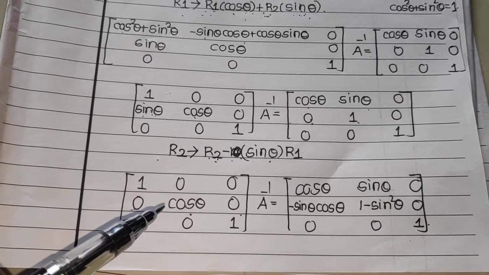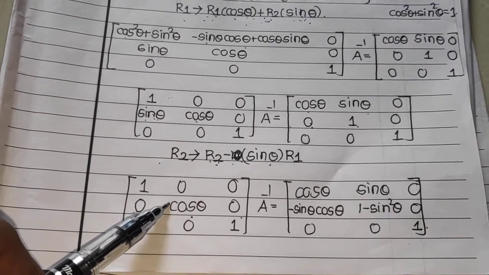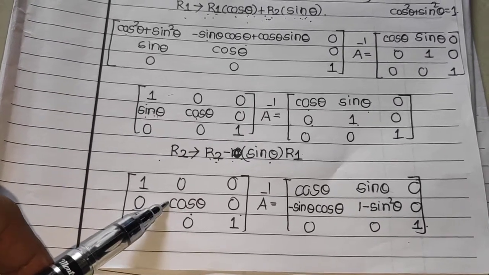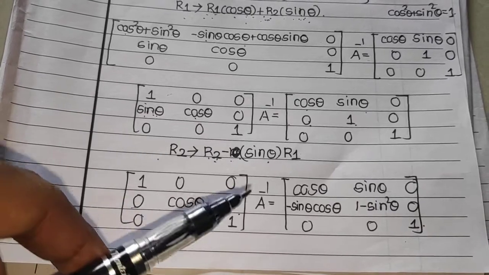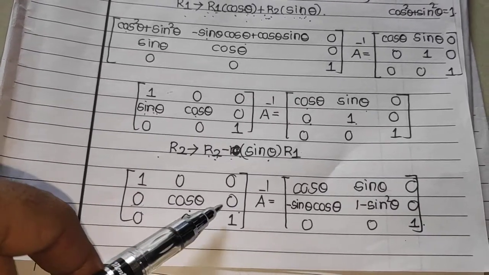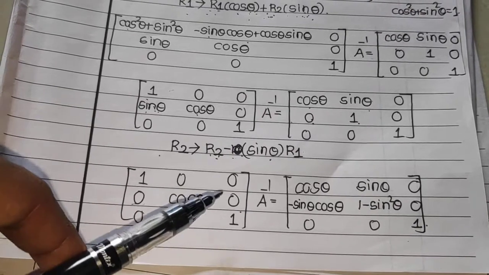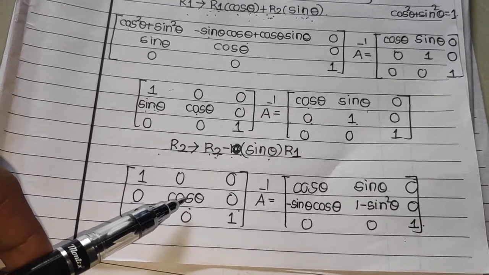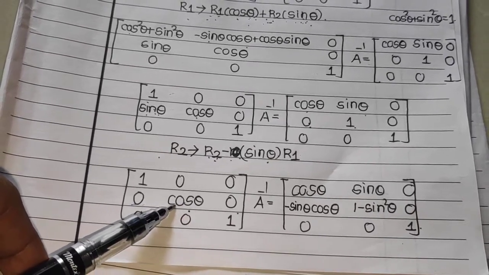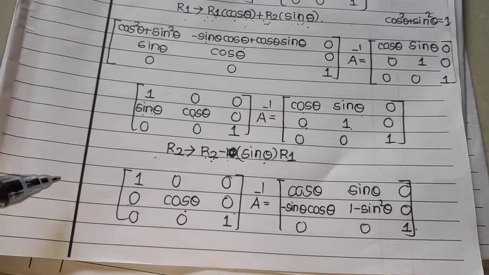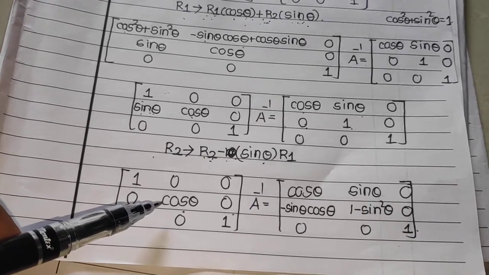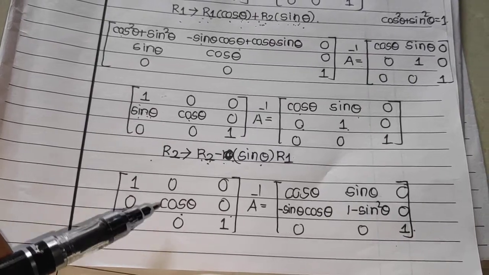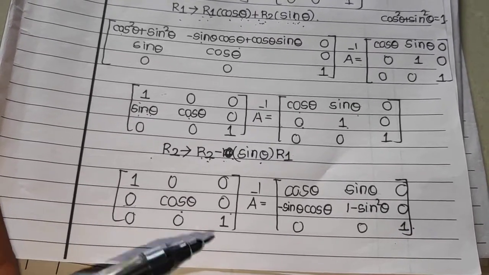Now this cos theta has to get converted to 1, because then only is the identity matrix possible to achieve. Now I can observe that there is one advantage on both sides, on LHS and RHS, that there is a 0 on both sides. So if there is a 0 on both sides, definitely getting this 1 is much easier. So this cos theta can be changed to 1 simply by an operation. This cos theta is present in row 2. So row 2 can be operated on in this way, that R2 changed to 1 upon cos theta times R2. And that's what we got as an easy operation.